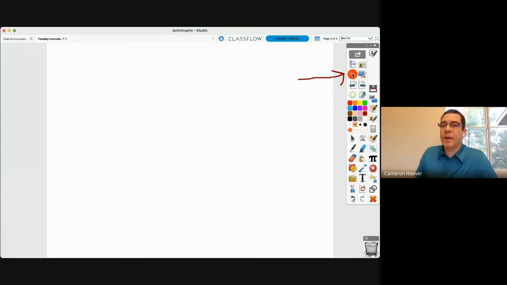So this is what's called desktop annotate. In Activinspire, if you just hover over stuff, the tooltip will always show up and show you the name of the tool. So if you get confused because it doesn't look the same, because again, yours might be a blue square with a red squiggle instead of a red circle with a white squiggle, you can just hover over it and find desktop annotate. But desktop annotate has been a favorite for most teachers. If we click that, it takes us back to our regular desktop. If you were then in a different web page, you can use all of your annotation tools that we already talked about